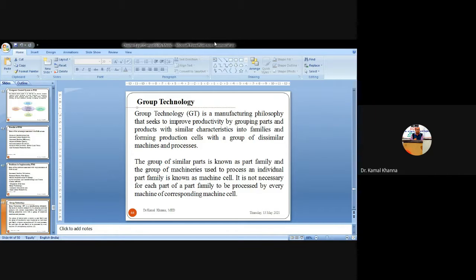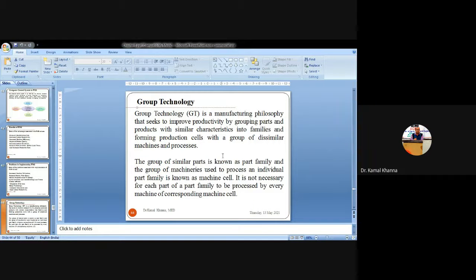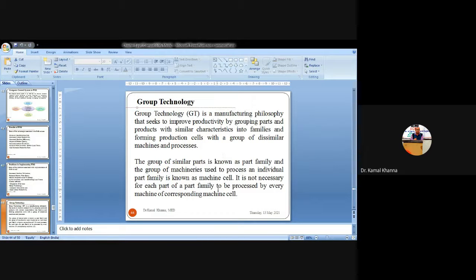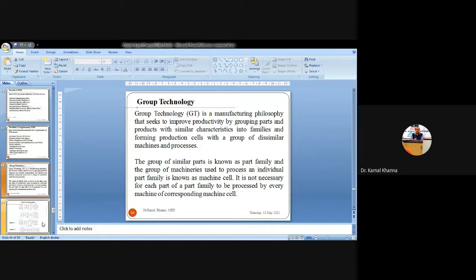This is how group technology works. This is the principle of